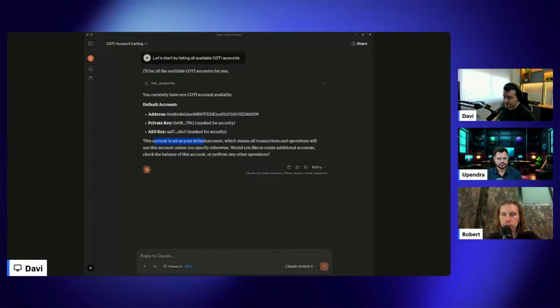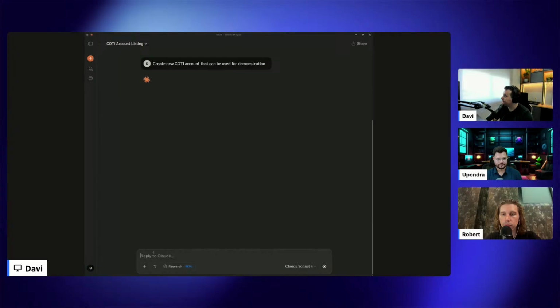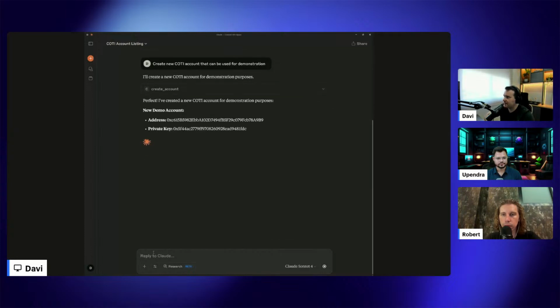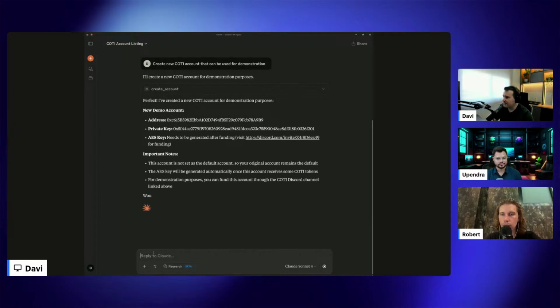So okay, it's working. Let's now create a new account using the MCP. So I will type: create new COTI account that can be used for demonstration. Now it's connecting to the create account tool, and that's it. We have now a new account, a new private key.